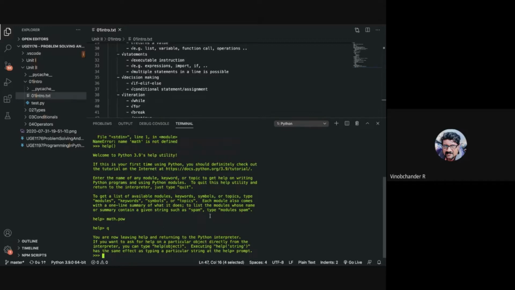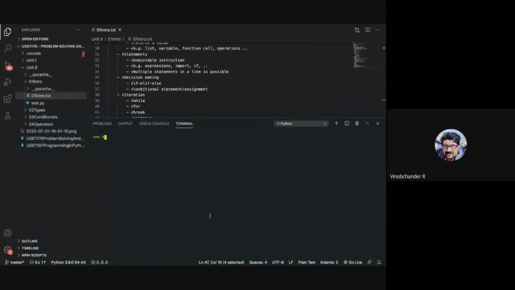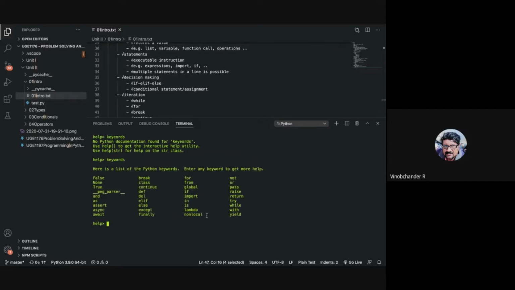All right. Now, apart from modules, you need to go into help again. You can say keywords. So these are the list of keywords in Python.